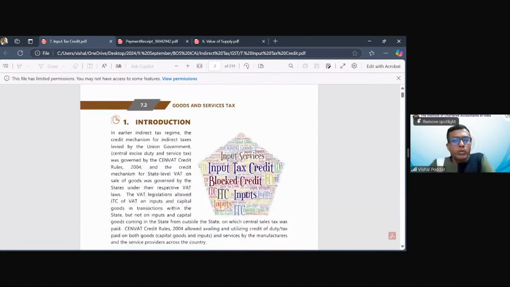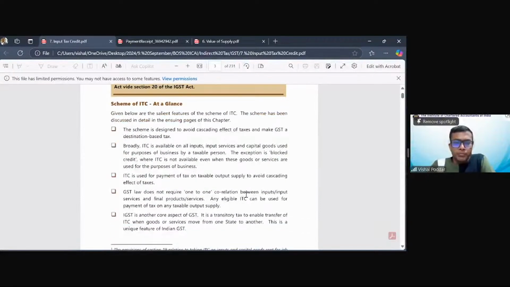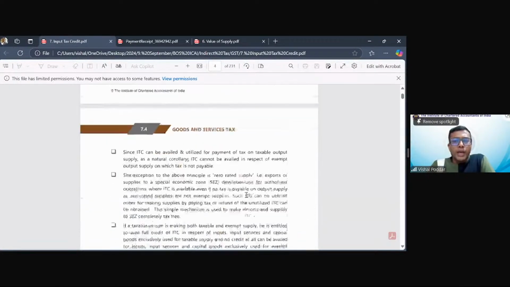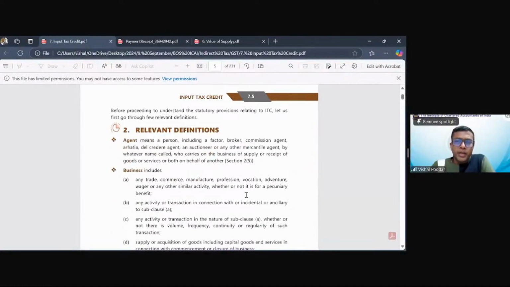Okay, so with this background, let us start. Now, ITC or input tax credit is your debit item. Debit item means whatever is coming into your business. I call it the input side or the debit side of the business. Whatever is coming into your business and the tax is paid on that, that is your input tax. Now, when you satisfy the conditions of this chapter, this input tax is allowed to you as a credit.